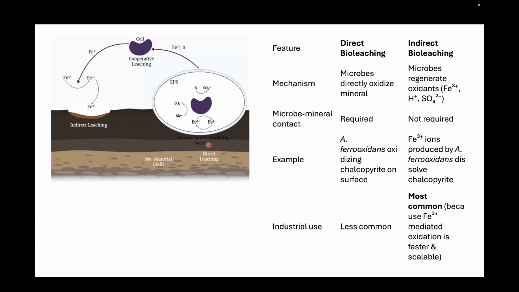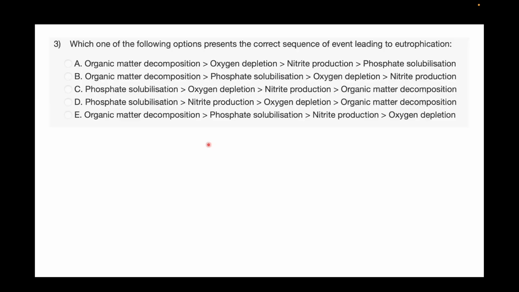Question number 3 is on your screen. Which one of the following options presents the correct sequence of events leading to eutrophication? Understood the question? You have to tell me. Option A,